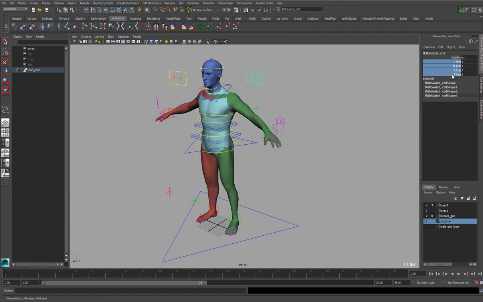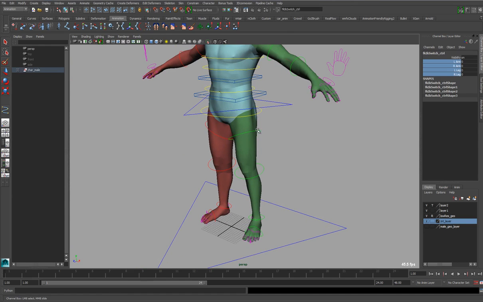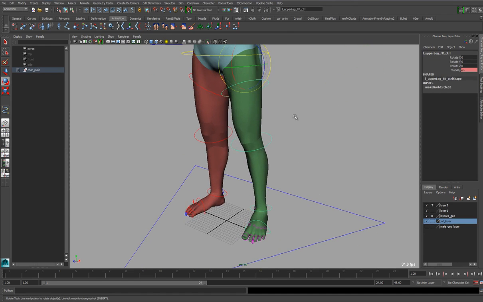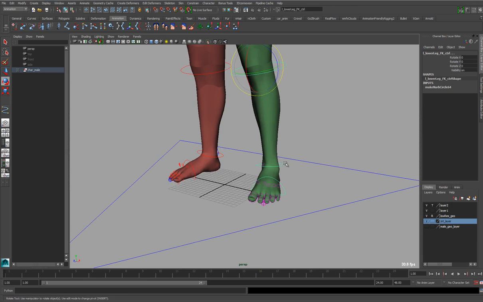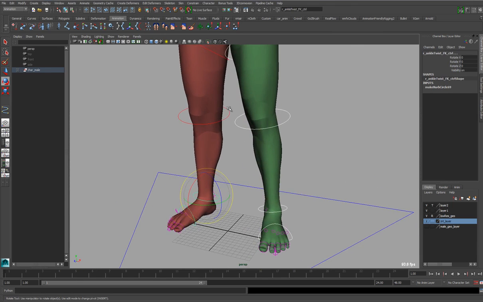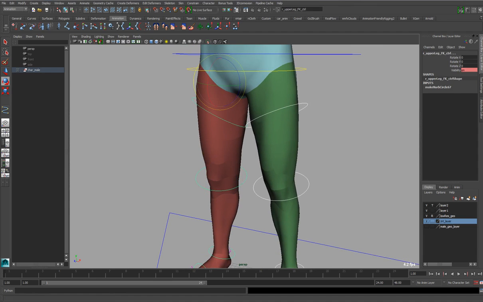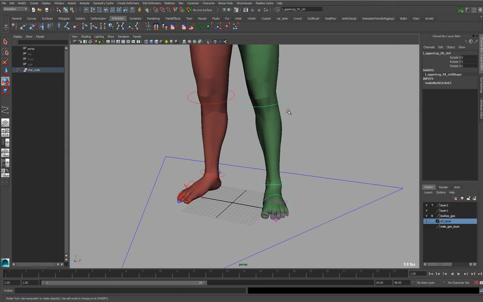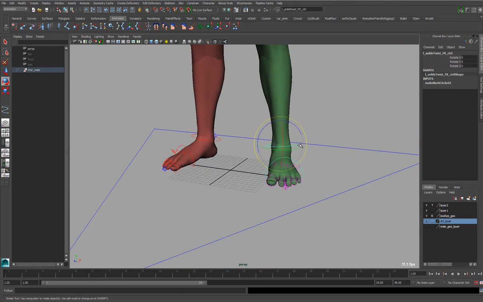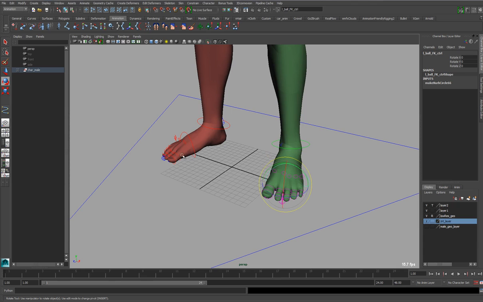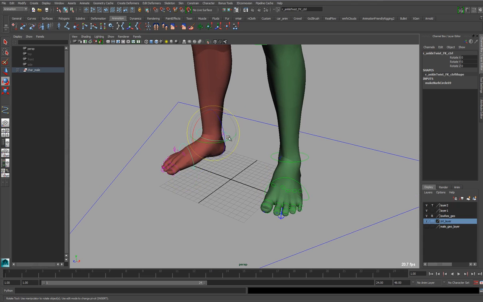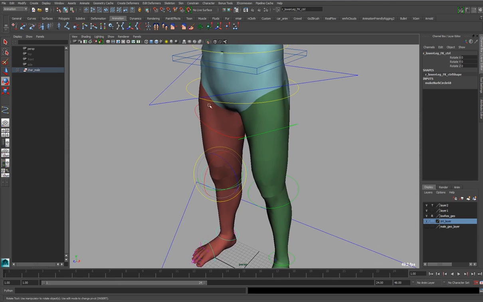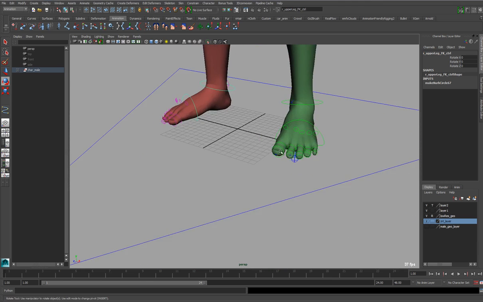So let's now switch to FK mode. For the FK controls we don't need the visibility on anything. So let's select the legs, lock and hide the visibility here. And what else on the legs? That's fine, it's just rotation, rotation, rotation, rotation. So that's all fine. Toe controls,